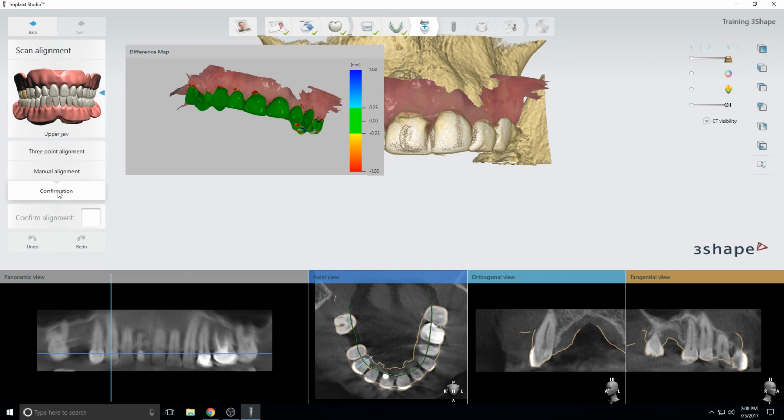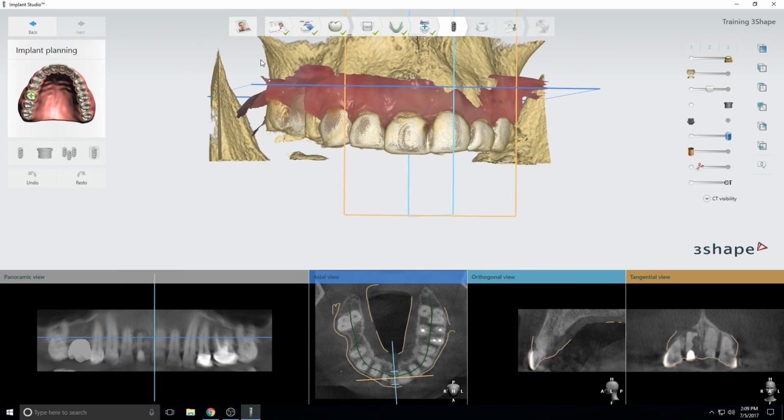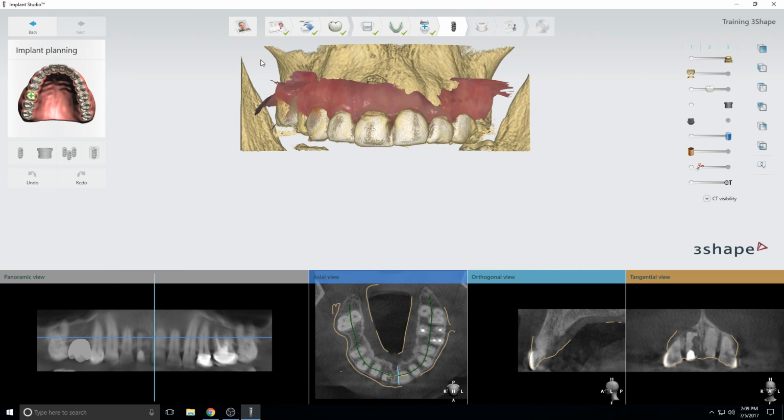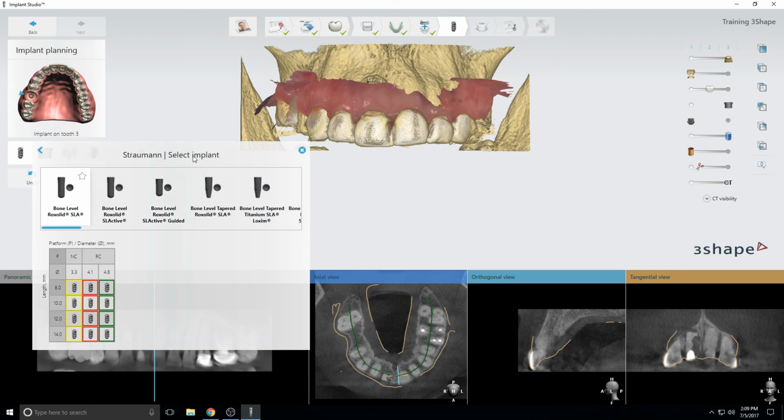So if you're happy with the way they're overlapped, then you can hit this confirm alignment button, and this will allow you to move on to our implant planning stage. So we're going to plan the implant on tooth number 3. In this window you can see this plus button, and this means to add the implant, and it'll pull